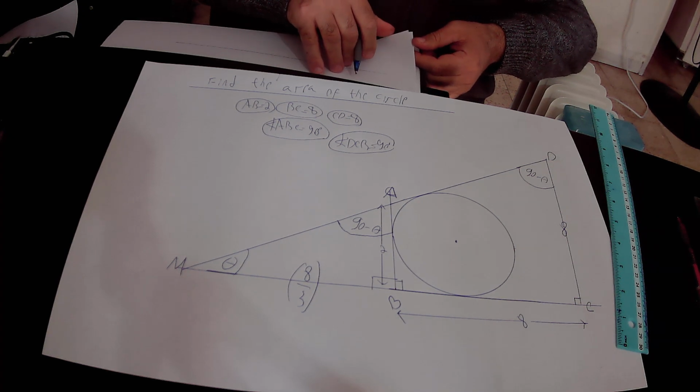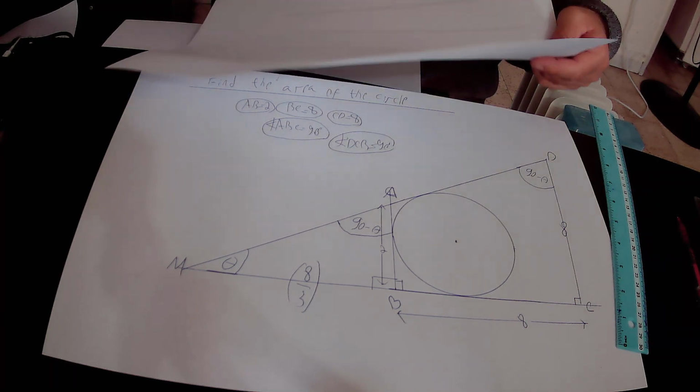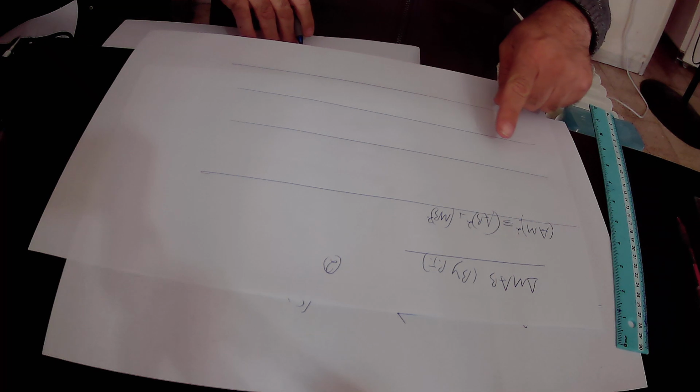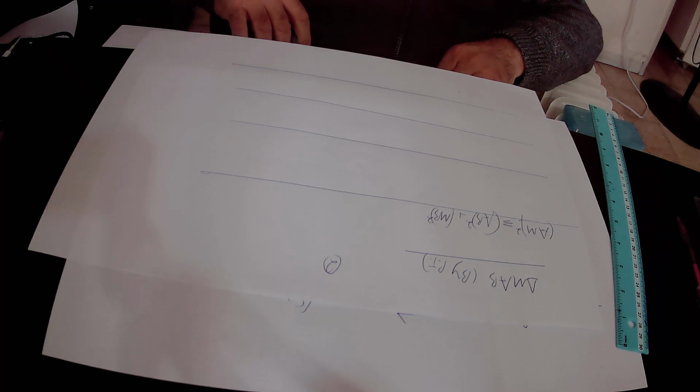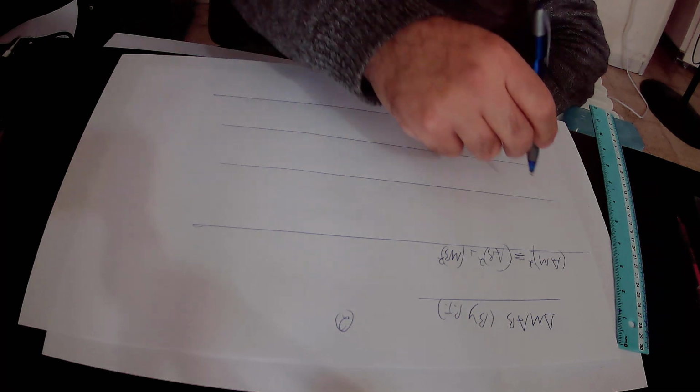Repeat again. According to the Pythagoras theorem, in the right triangle AMB, AM squared equals AB squared plus MB squared. So AM squared